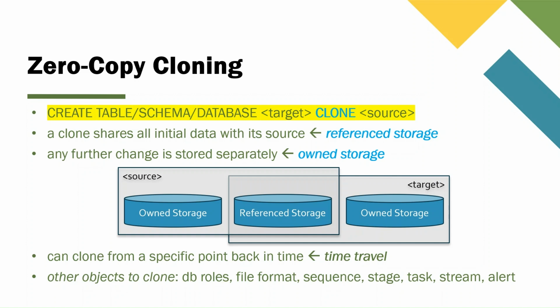And we experimented a bit that you can clone also from a specific point back in time, using time travel. And we talked about zero copy cloning because this related to specific objects containing data, especially